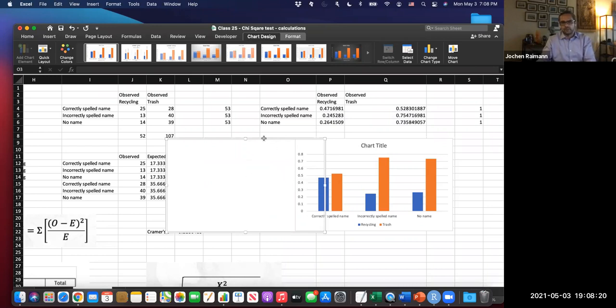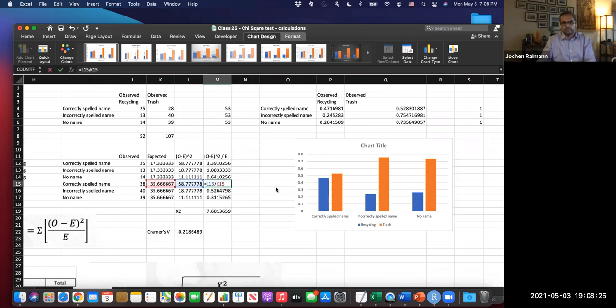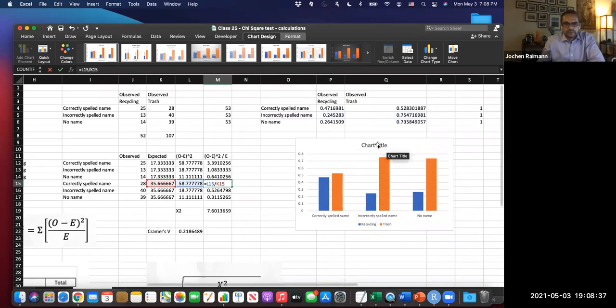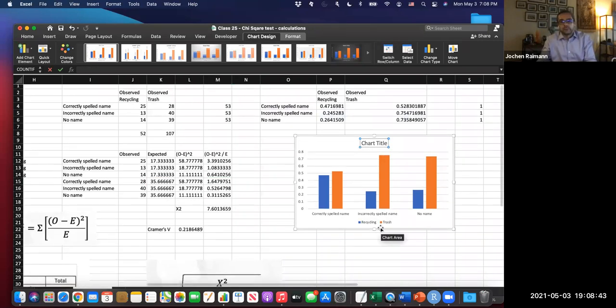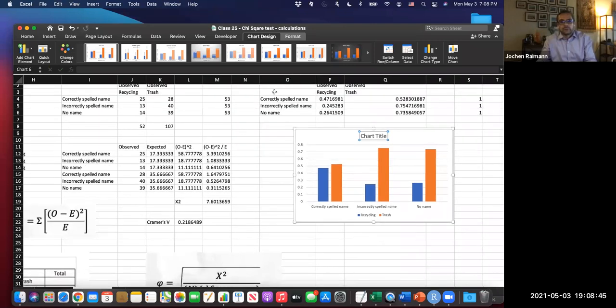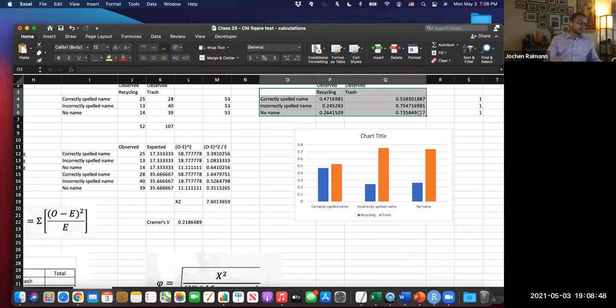So essentially what you need to do, I think it's stuck. Oh, yeah. Okay, so this is basically how you can easily build these graphs. You can show for each of these groups the difference, and this would basically be the way how you would do that. You've seen the only thing you need to do is select the entire matrix. You click on graph, and you literally have Excel figure it out for you.